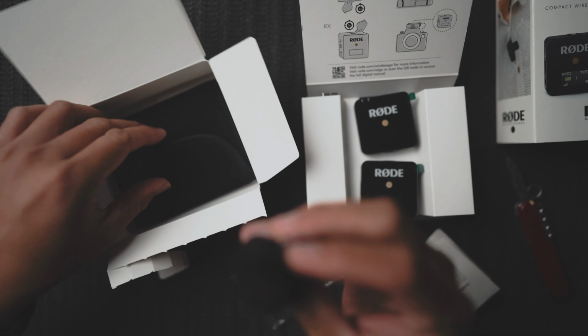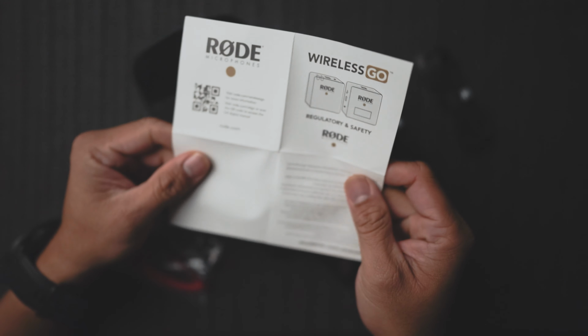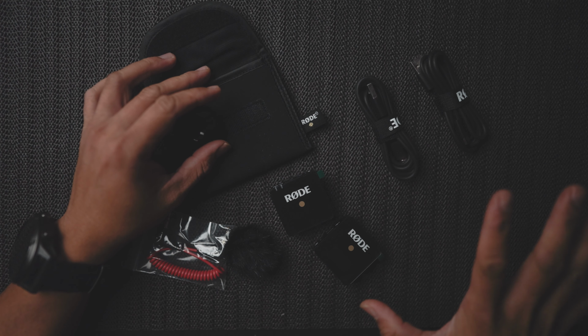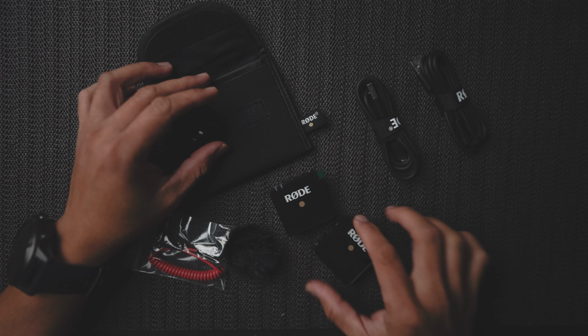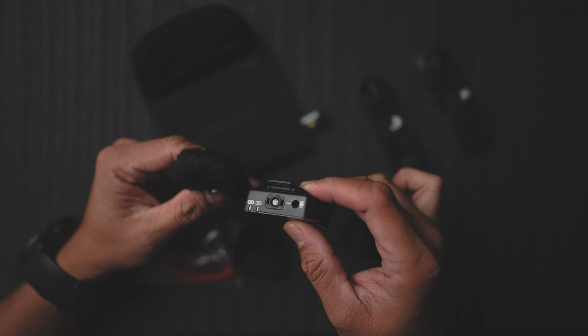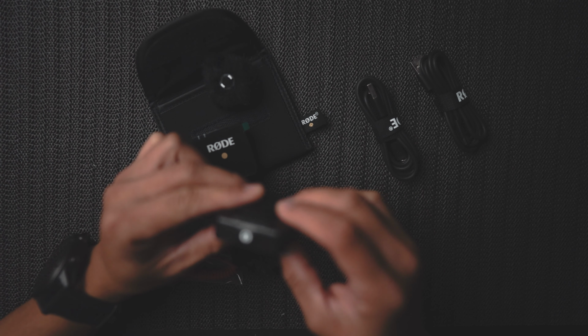Okay, that's just it. So we'll get all the boxes, set them aside. Okay, there's everything. This is the transmitter, and of course it transmits the sound. This is where you plug your microphone. This is the microphone itself, the built-in microphone. This is the wind jammer or wind muff, and this is